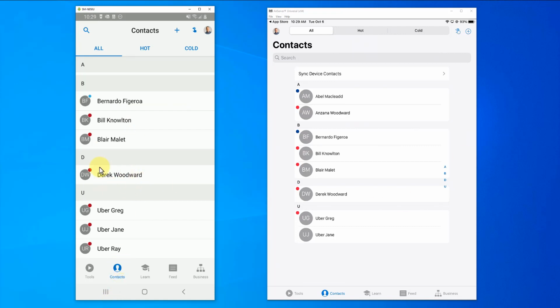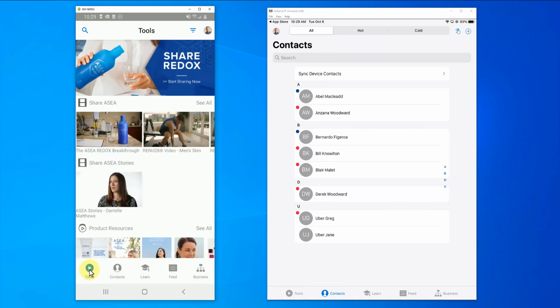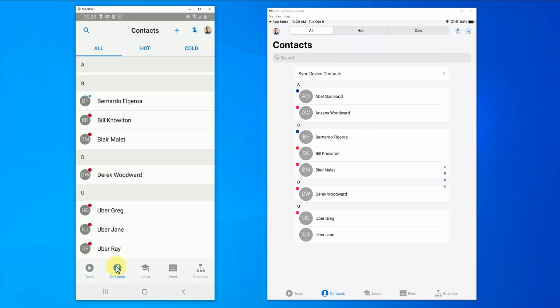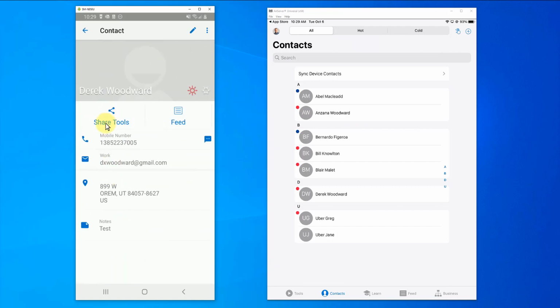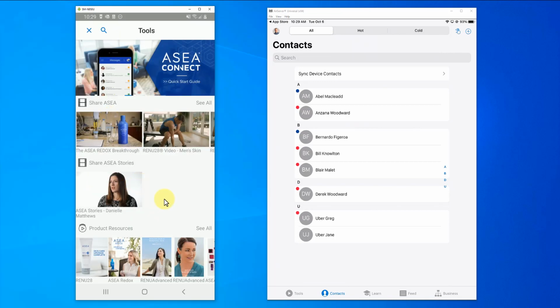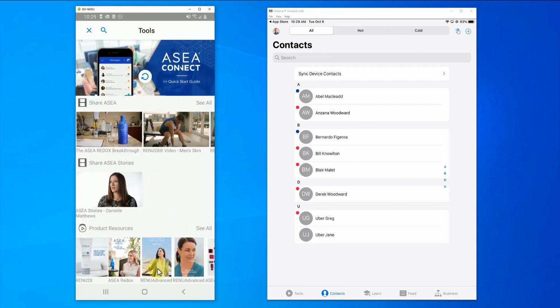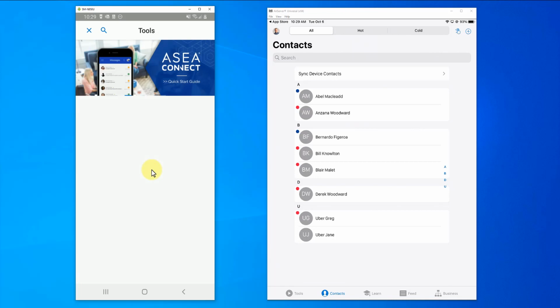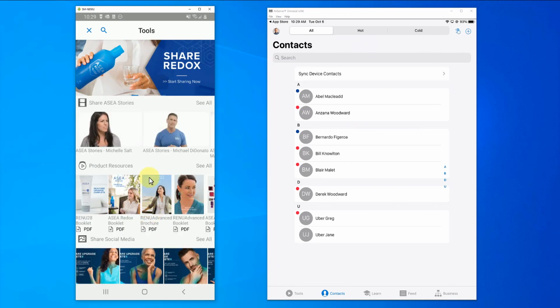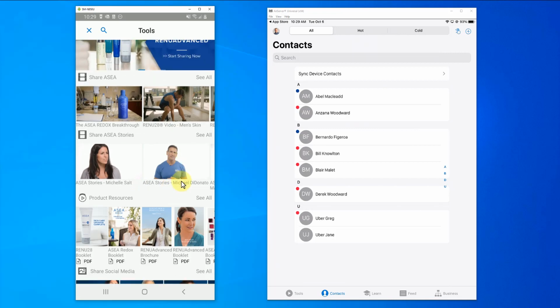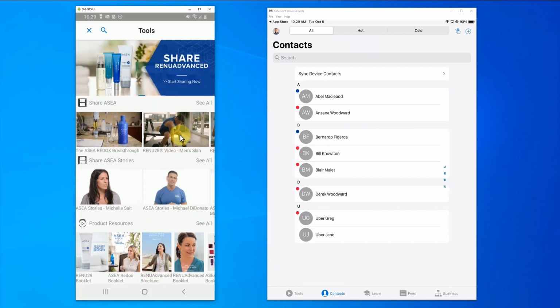There are two ways that you can share content with a contact here in the app. You can start by the tools section, or you can start by being on the contact section as well. Both ways seem to work just fine. If you click on the contacts tab and click on your contact, you have a button here for share tools. This share tools button will then open up all of the possible things that you can share with your contact. Let's do a pull down to refresh there and see exactly all the content here that we have to share. There we go.